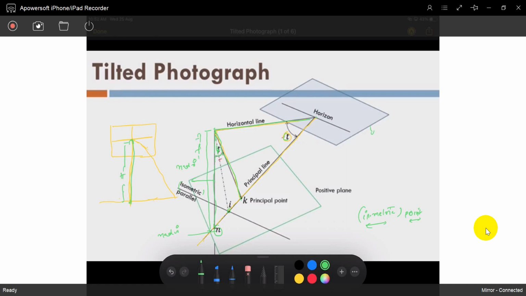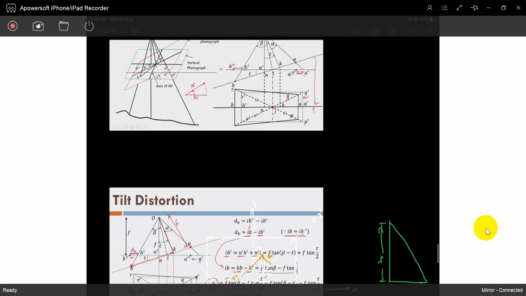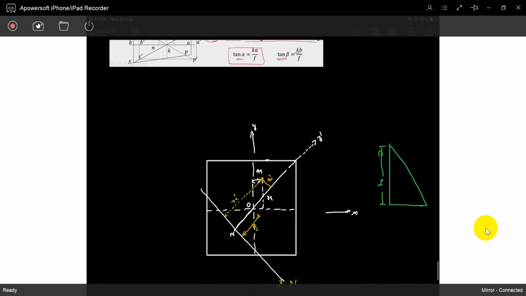Okay, so for the negative and positive image, we decide the positive image: this is a point, which you can call the origin of exposure. So that is the focal length. This is a tilting image, this is an origin, this is another point. What is this? This is f tan t, exactly from this to this.